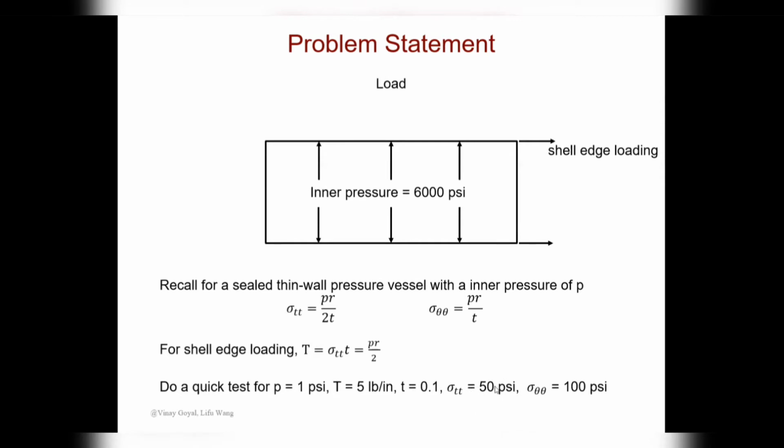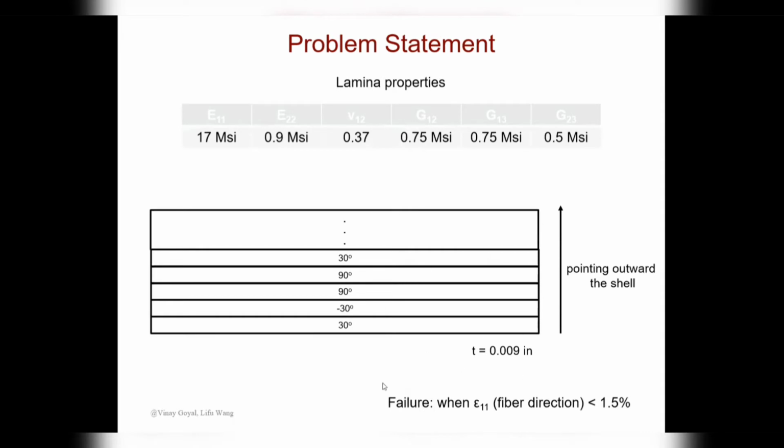So according to theoretical calculation, your longitudinal stress should be 50 psi and your hoop stress is 100 psi. If we do this loading, use shell edge loading, and we obtain something close to this theoretical result, then we can say that this kind of loading can perfectly simulate the thin wall pressure loading. So after that, we're going to do the composite layout design. So let's start with